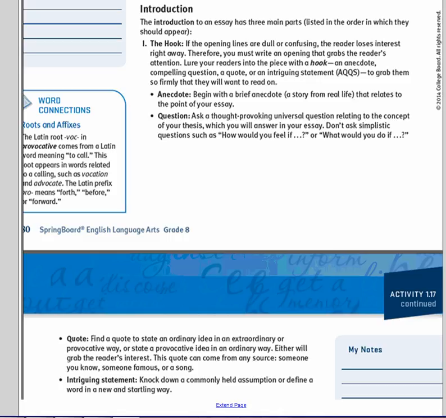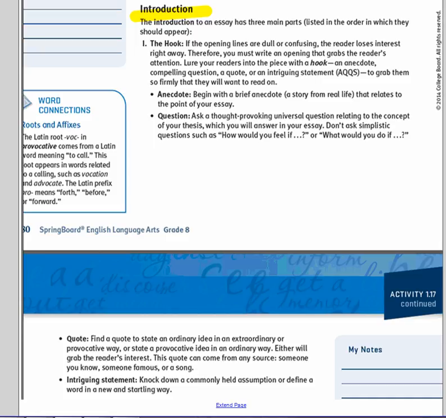Okay, our focus today in terms of the organization of our essay, we are only focusing today on the introduction and making sure that the introduction is good. By the time that you leave class, you will have a complete introduction. That means you will have 3 paragraphs of your definition essay done. You've already worked with 2 body paragraphs in your notebook, and today you're working on the intro. That means you'll have 3 paragraphs done and in the bank.